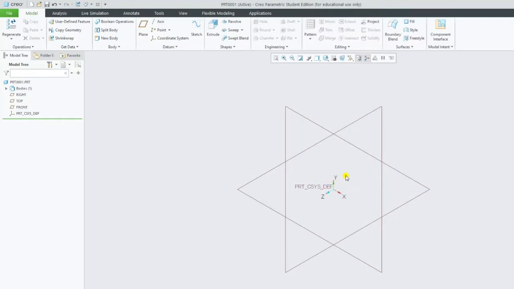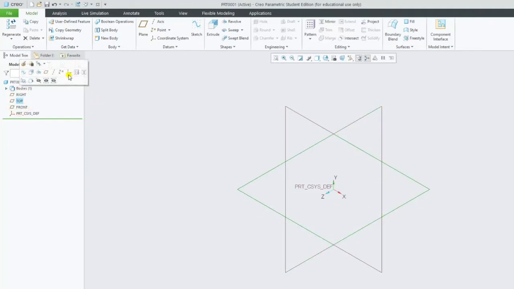Now there are 3 planes. Look very carefully. If you move the cursor, this is the first plane, we call it the right plane. This is the second plane, we call plane 2 or F2. This is the third one. You can see from here, otherwise you can look from here. Details of this we are definitely going to see in the classes.